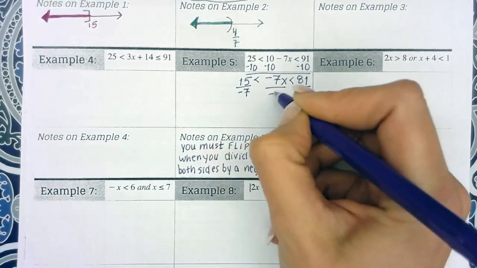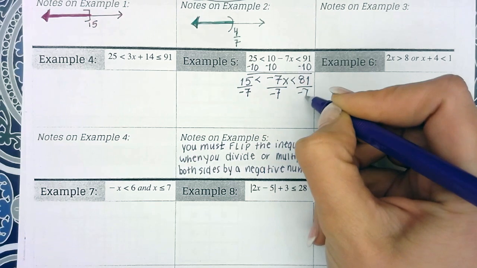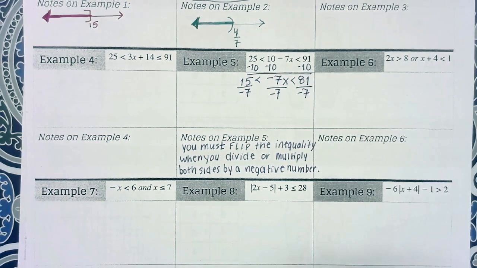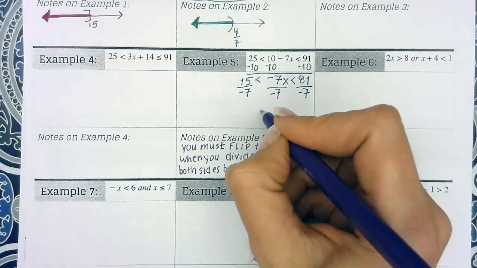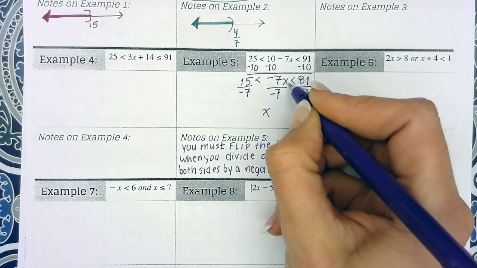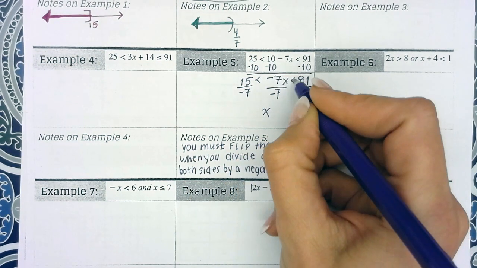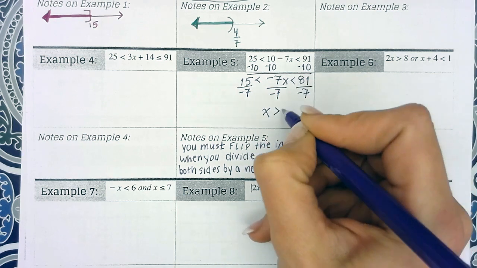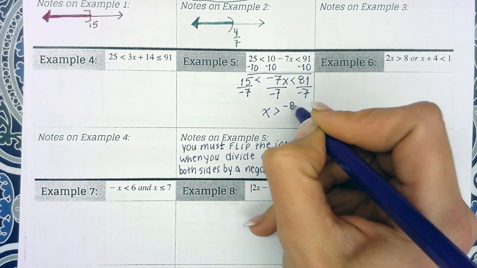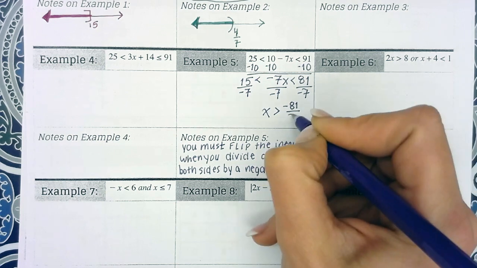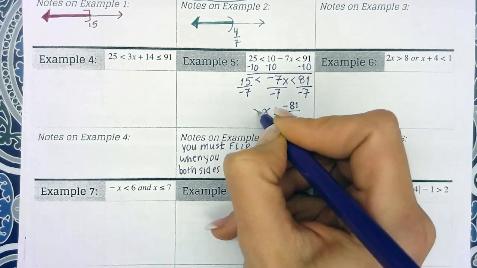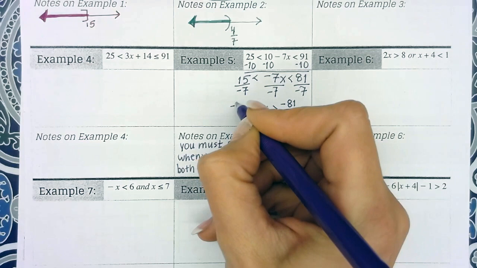Another thing that you guys have to get used to is you don't need decimals, and you definitely don't want to deal with mixed numbers. Just leave your improper fractions alone. So from this step, I'm going to have x in the middle. That reduced to a 1. That flipped this way. I'm going to pull the negative up to my numerator, -81/7. Flipping this, pull the negative up,